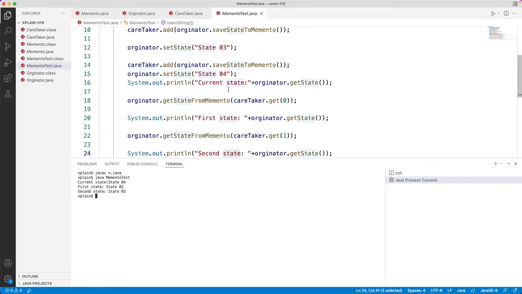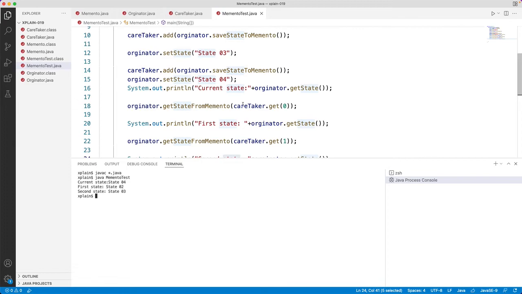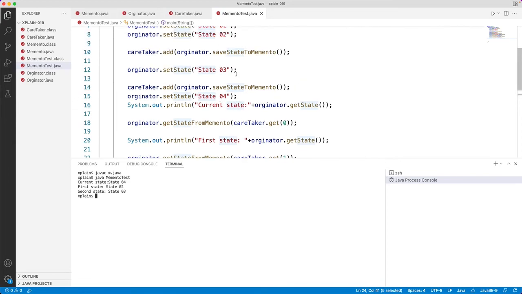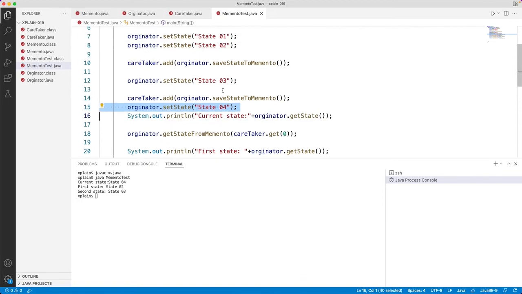So first, after setting all these states, when we requested the originator's current state, it printed state 4, as this is the last state that we have set. Next, when we ask for the 0th, then, because we haven't saved the state, it is taking this as the first one,